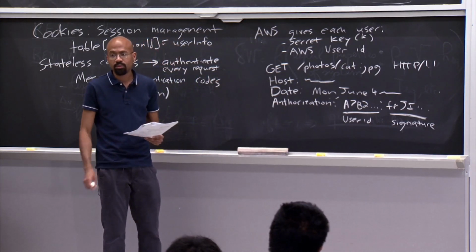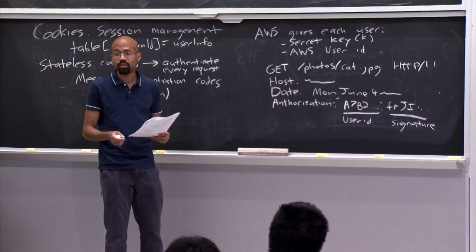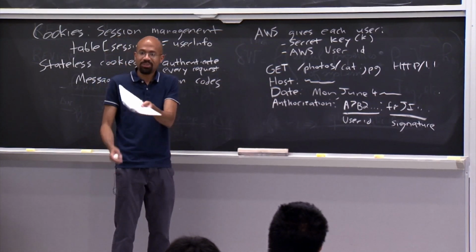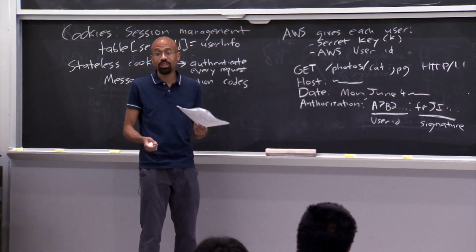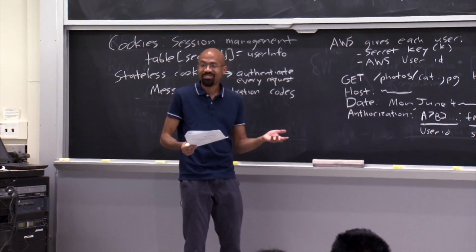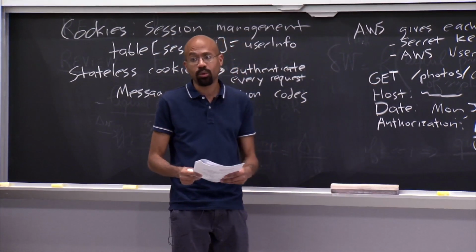So would it be possible to use MACs for normal clients, or would that not work? For normal, you mean like browsers? For normal users at home. Yeah, well, I mean, you get into these questions like where does the key live, right? Which is kind of like what he was asking. To a certain extent, the issue of where the key lives is actually super, super important, right? Because if the key can be stolen just as easily as the cookie, well then, we're sort of back to square one.